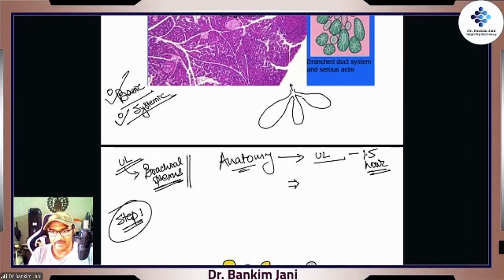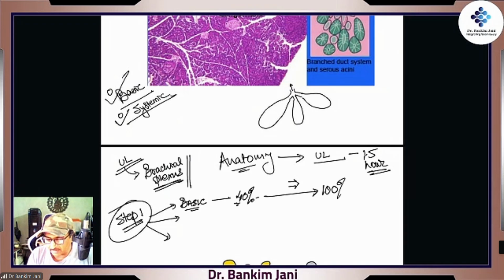Say in Step 1, you ask so many questions about the Step 1. Today I'm telling you why they say that this is the most difficult exam on the planet. It is not difficult, but it is divided into 3 parts. Some questions would be the basic questions. They say, कि अगर जो ये नहीं पता ना तो आप लायक ही नहीं हो ये एग्जाम देने के. So these are the questions which are about 40%. In these 40% questions, when I prepare, I say that you should score 100%.